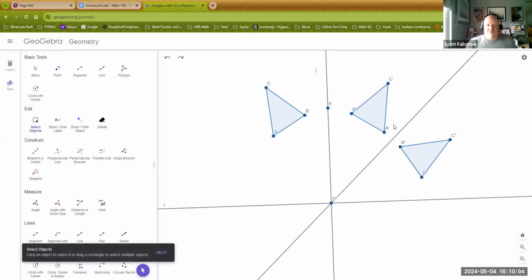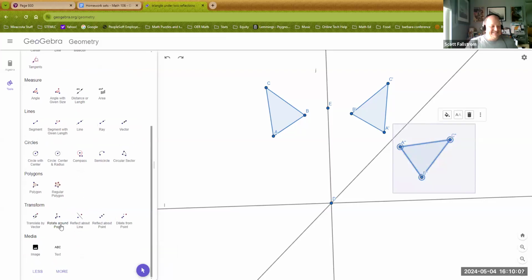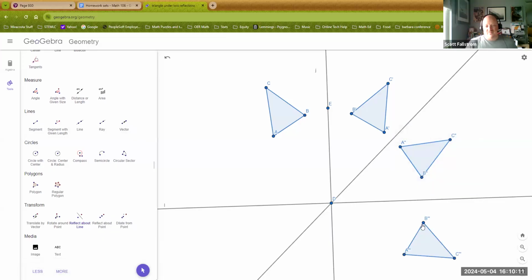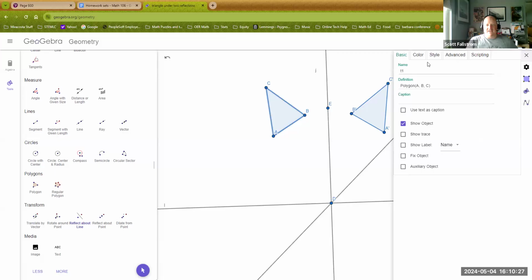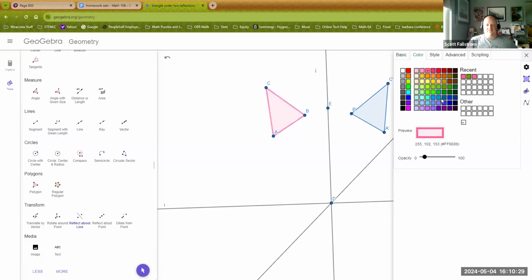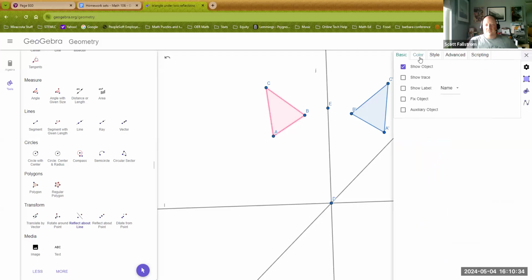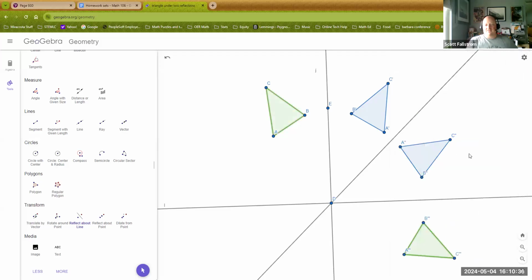Sometimes you miss what you were aiming at. There's reflect about line, and click on the line, and there it is. A triple prime, B triple prime, C triple prime. And there it is for me. So maybe there's a way that I could just get from A prime, B prime, C prime all the way down here. I'll let you determine. So again, if you need to, you can right click on settings and just change the color. So again, if we start with pink and I want to end down here with green, then that's,